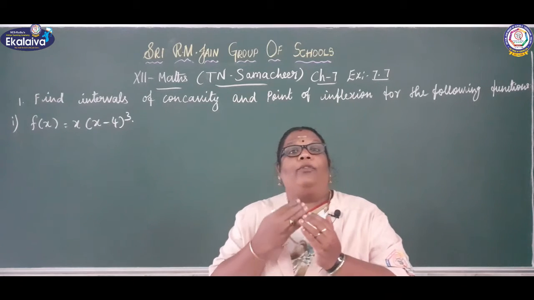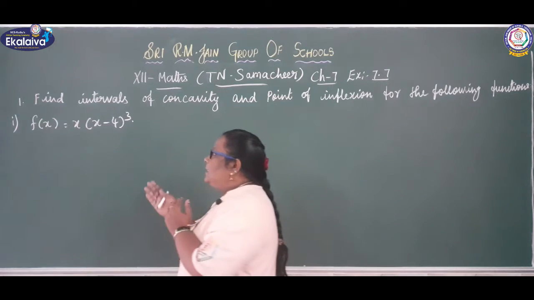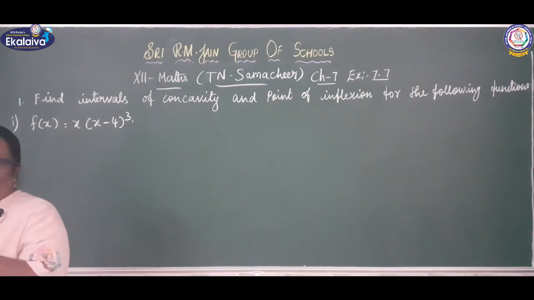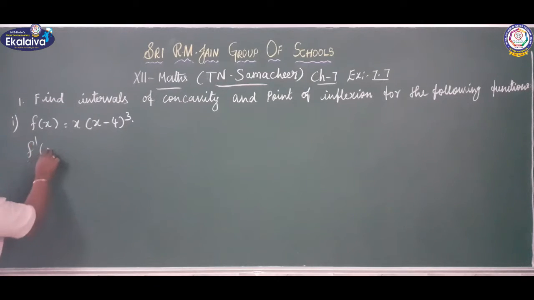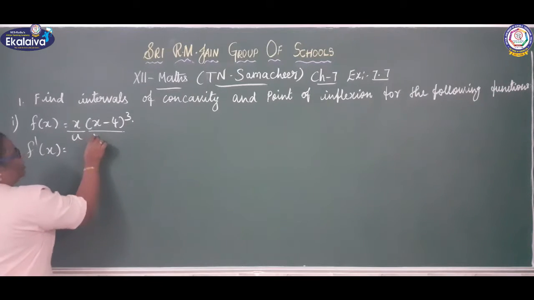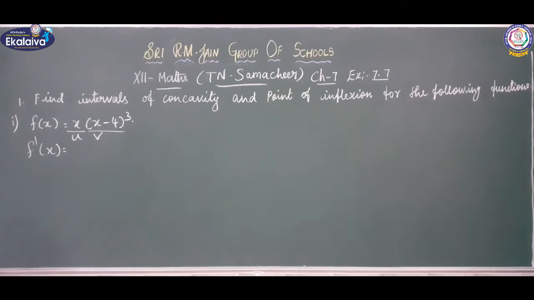First we will do f dash of x. The function is given, f of x equal to x into (x minus 4) the whole cube. We should find out f dash of x. It is in a product form, two x terms are there, so you can use the product rule, the uv formula, u v dash plus